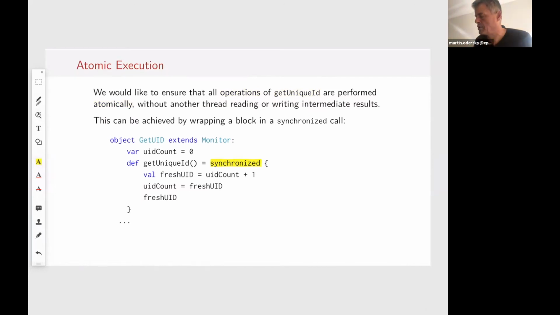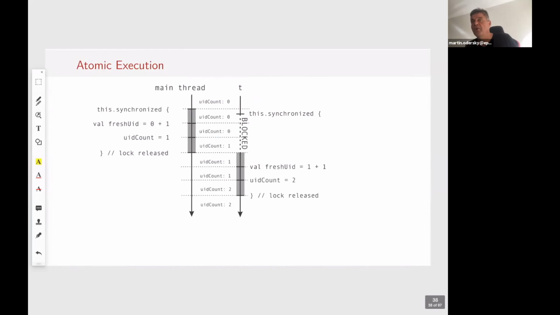Okay, so with synchronized, we essentially force the possible executions. You see here, with synchronized, we say these three instructions have to appear one after the other. There cannot be any interleaving with another thread.